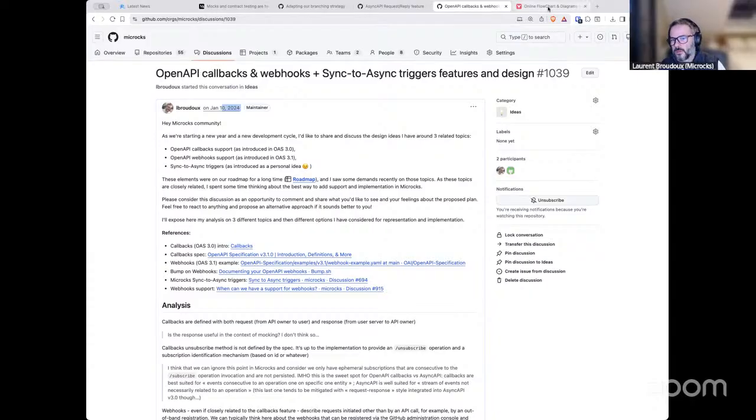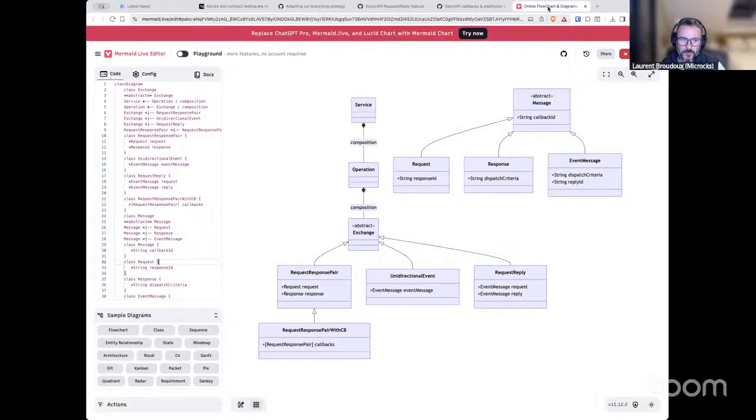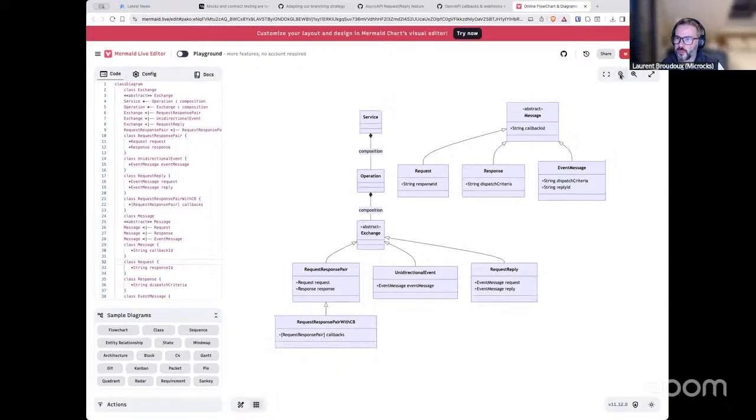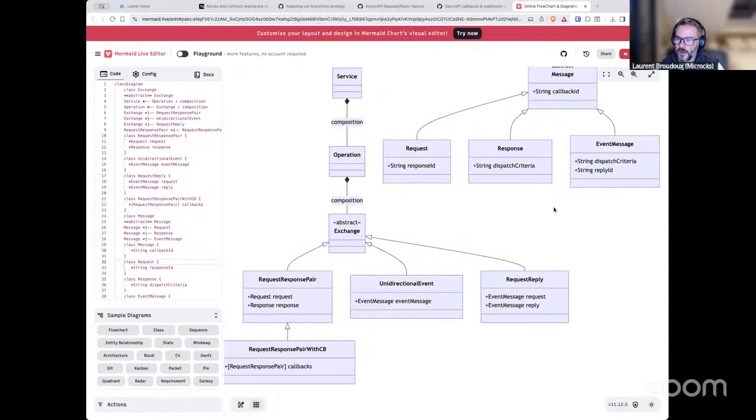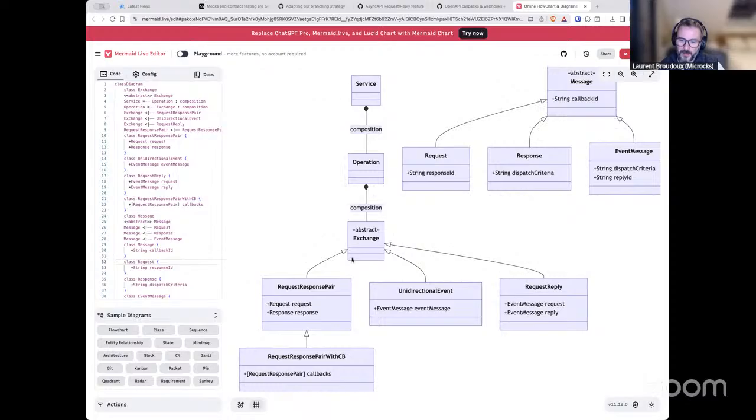And so today, I think I finally started to draw something that looks like what could be the target, thinking again about the way we are modeling messages here on the top right, the way we are modeling exchanges here at the bottom in the center, and how we are linking all the things together. So the next step for me is to write some things, put everything into the GitHub issues, and have a follow-up on the discussion with Adam and all the guys that already contributed to the discussions.